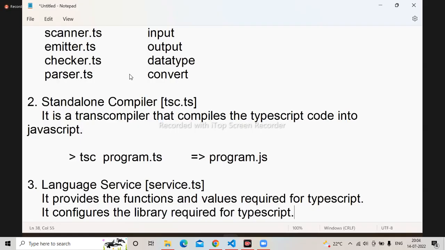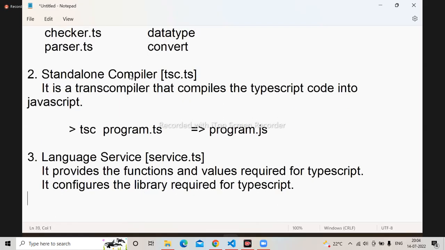Whatever library is required for TypeScript is done by the language service. Now, what is the point about the language service? It configures the library required for TypeScript, and this language service is